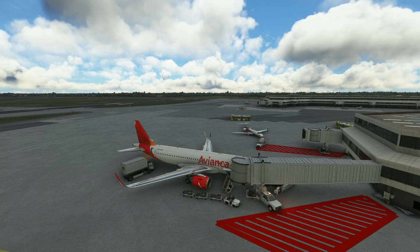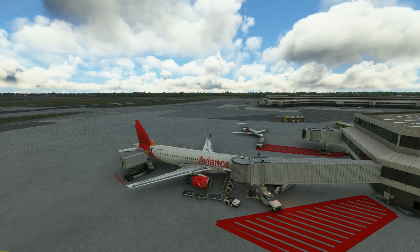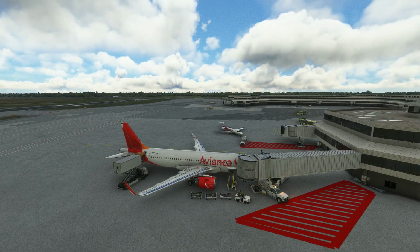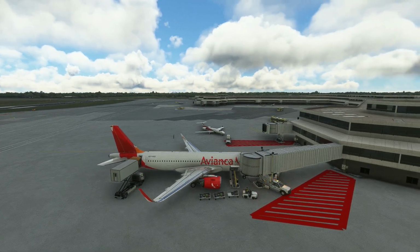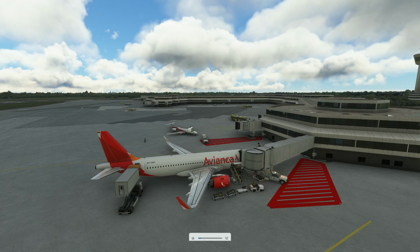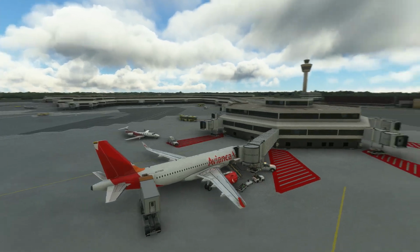Today I'm at New Orleans International Airport, KMSY, and I'm going to be flying from New Orleans to Costa Rica in an A320. Right now I'm at the gate and getting baggage loaded, things like that. I'll be calling for a pushback shortly,